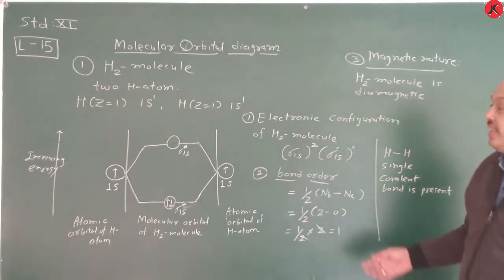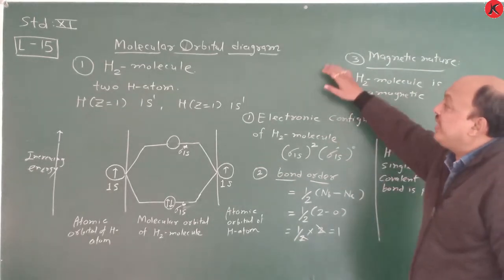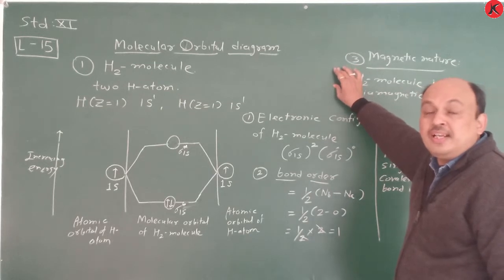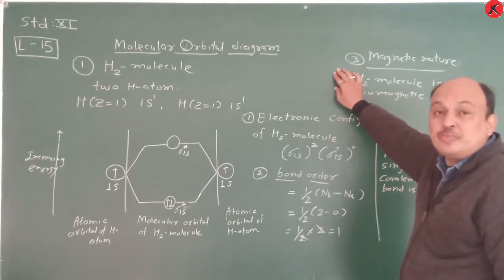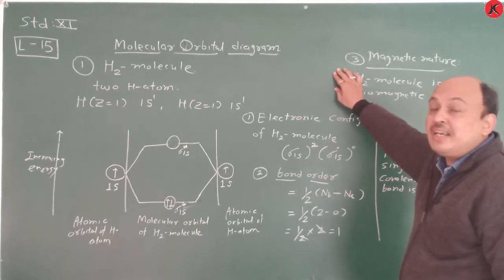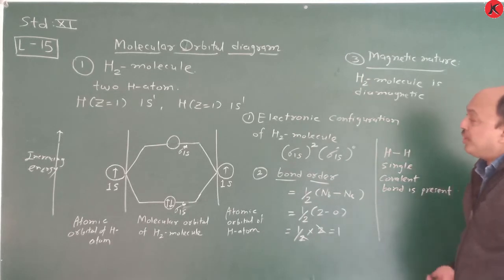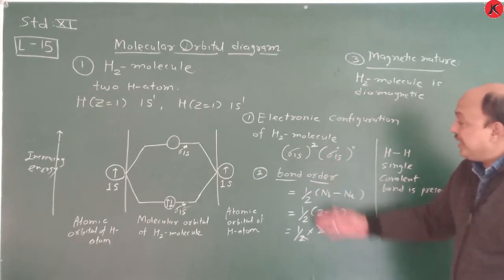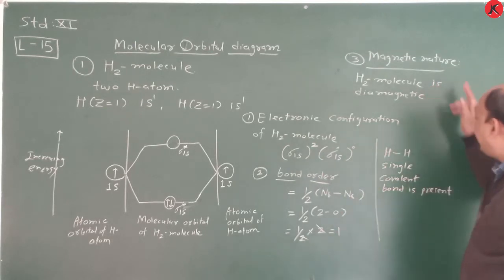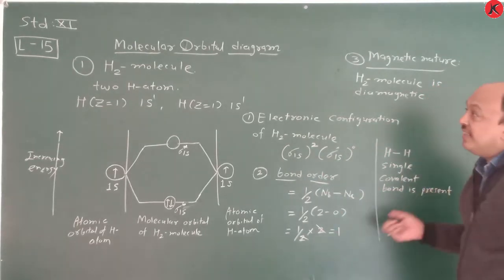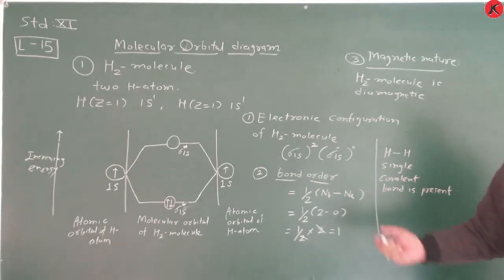So write it completely, take a screenshot of this, and then we give information regarding the H2 plus molecule and the H2 minus molecule. Suppose the H2 plus molecule and H2 minus molecule are there, at that time you have to draw in a different way. So first of all, draw this molecular orbital diagram according to your NCERT textbook, and write down the electronic configuration, bond order, magnetic nature, and single bond of the molecular orbital diagram of the H2 molecule. Take a screenshot.